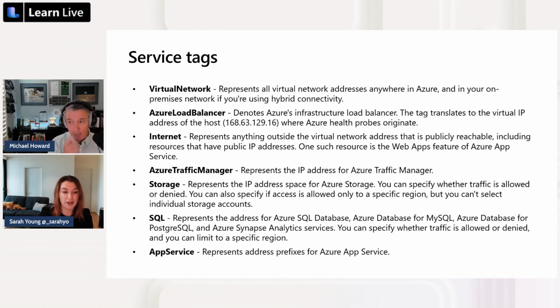I guess another thing to call out there, if we look at storage, just on the bullet point above, though, there are some limitations on service tags, so make sure you read what they are. So you can see for storage, we can limit to a specific region, but we can't select an individual storage account. So that is correct. If your security posture and your risk tolerance is very, very strict and you're going hard out zero trust, maybe the service tag might not work. But equally, you have to balance that with thinking about the amount of maintenance of the rules if you don't use the service tag. So something to think about.